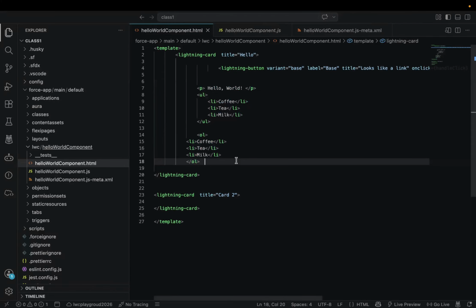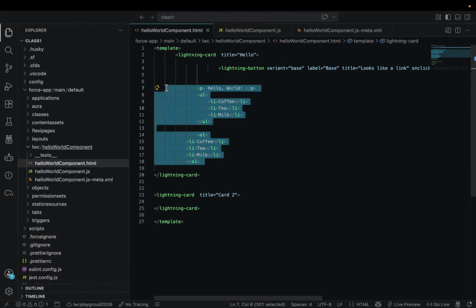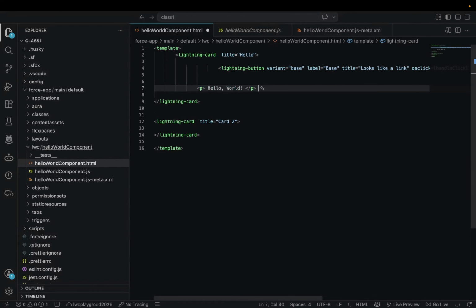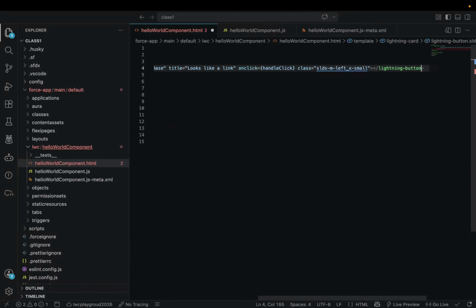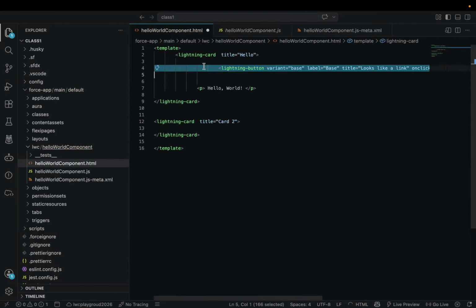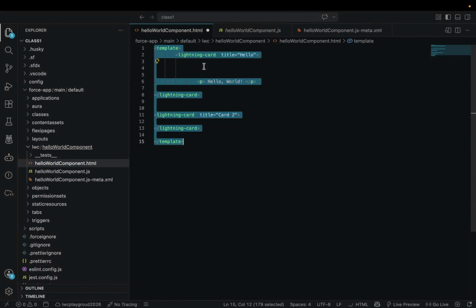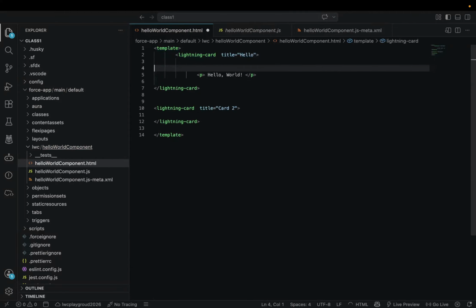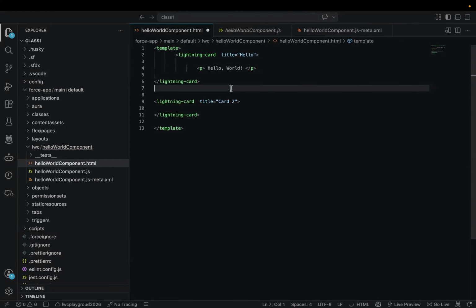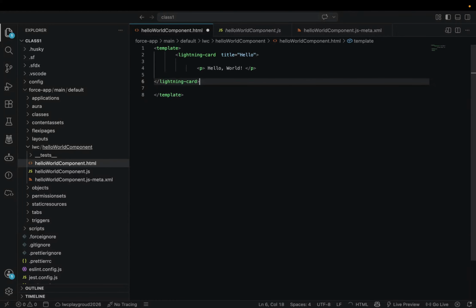So what I am doing is deleting this one. I'll just keep hello world. I don't want this button either, so I'm deleting that button. So this is my hello world component where I have one card and one template. The template will be there as usual. In that card, I have one paragraph element, and I have displayed that one. Well and good. Now I want to create a new